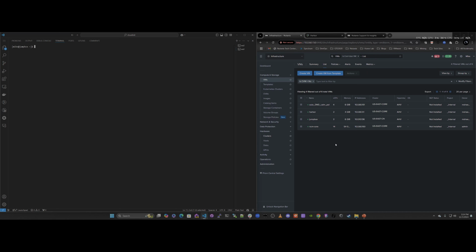All right, so now that you have an idea of the landscape from an infrastructure perspective, again, just going back to my workstation that we're watching here, I have Visual Studio Code in the left window, and in the right window I have Prism Central and a couple other things which we'll talk about in a minute. The first thing we need to do is set up a jump box, and that jump box is going to basically run the NKP software, right? As well as some other things, and as well as become the initial bootstrap mechanism to actually bootstrap the NKP